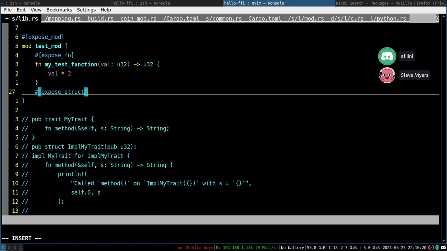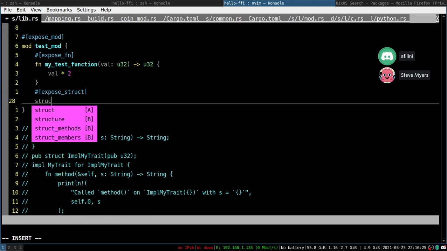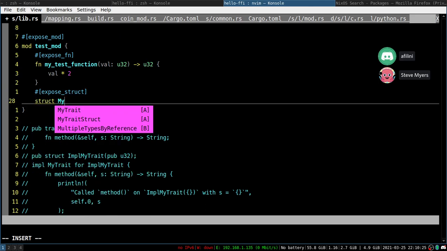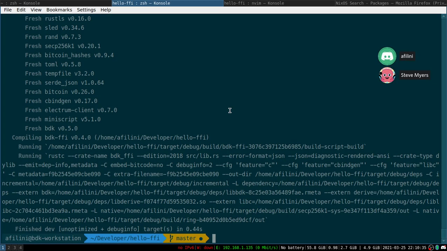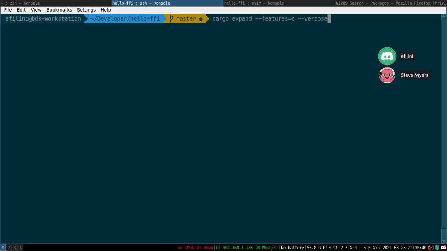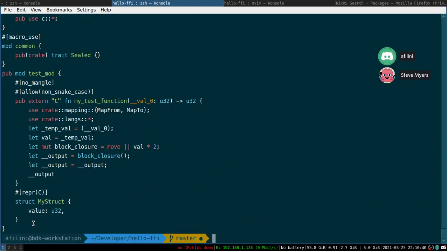So usually what we do is define a structure, call it MyStruct with value. Again, u32 because it's easier, because it's not a type that needs conversion or anything. If we do that and we expand it, it's going to look the same. The only thing we do is we add repr(C), which basically tells the compiler to represent it in memory like the C way, which means that the C binding is going to recognize this and realize that